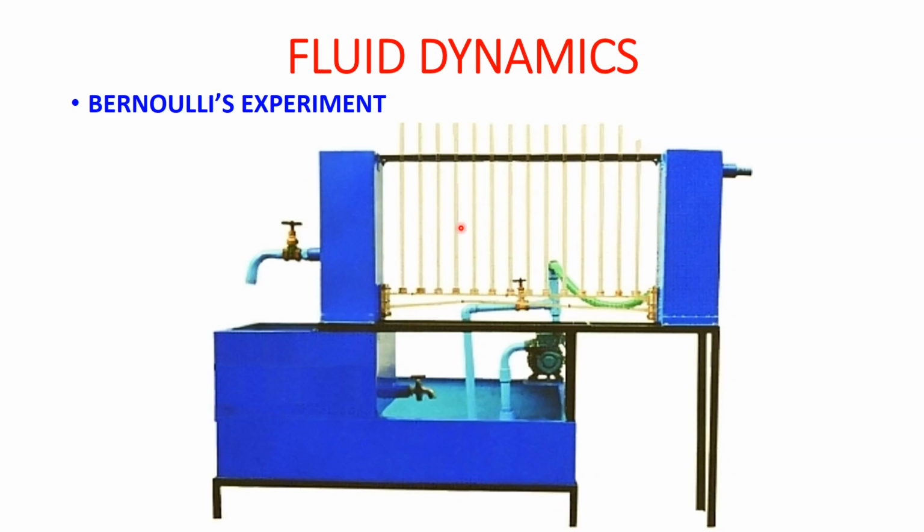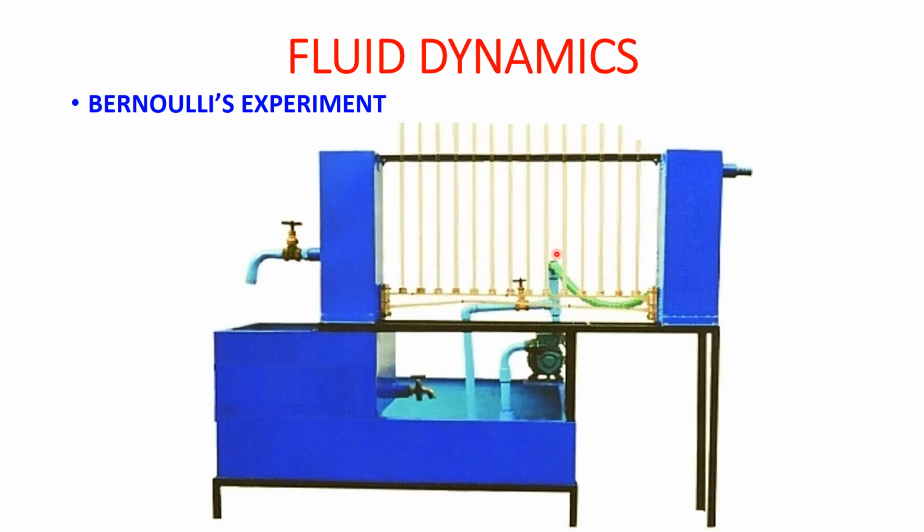Then when the water is pumped from this particular reservoir to this end of the section, the water will first be stabilized in this particular tank, and after that, as there is an opening in this tank, the water is going to flow through this cross section area. As there is a continuous change in the area, there will be a rise in water level in the particular piezometric tubes.